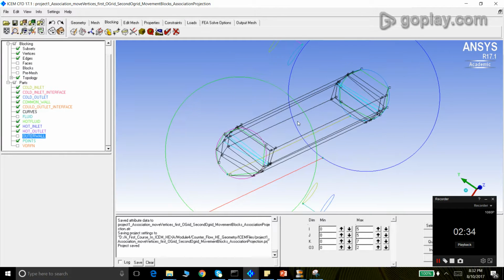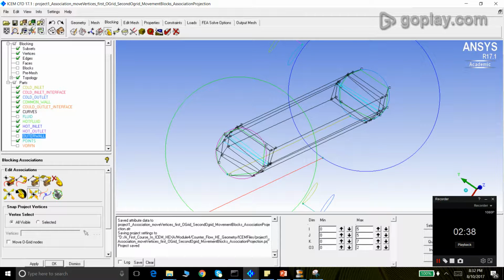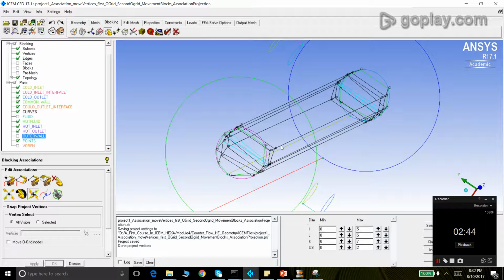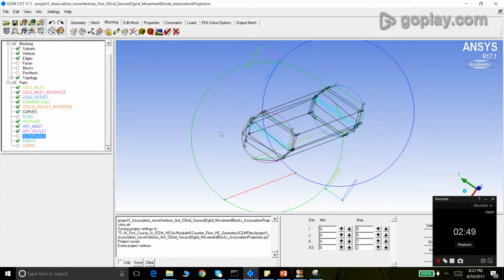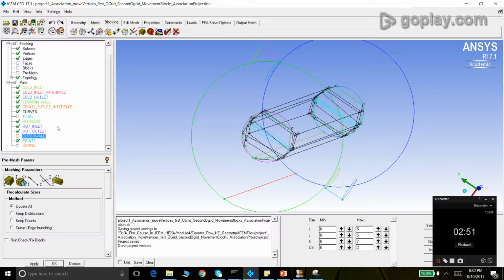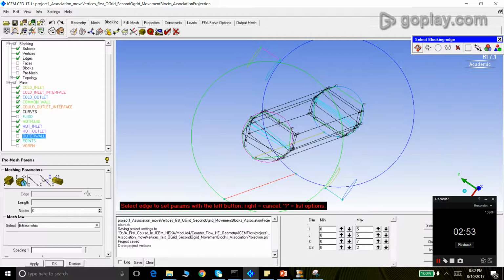After the moving of the vertices, it's better to do project vertices once more, just in case any vertex has not moved out of the geometry. And then I move on to proceed to